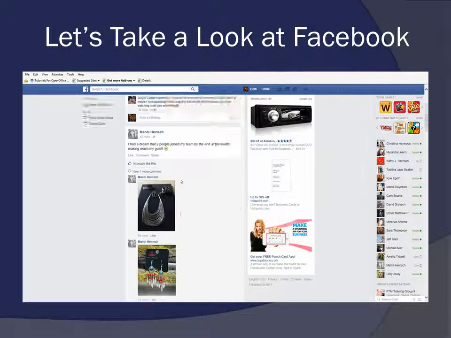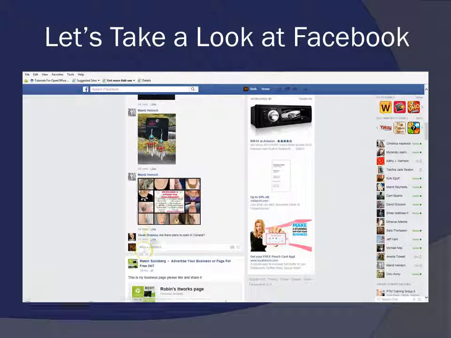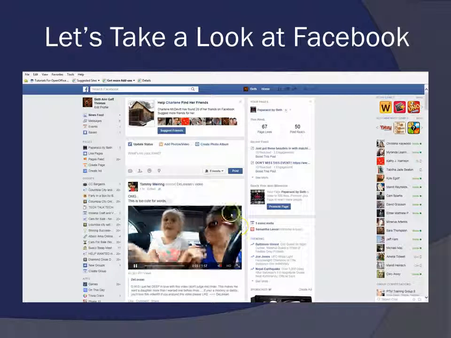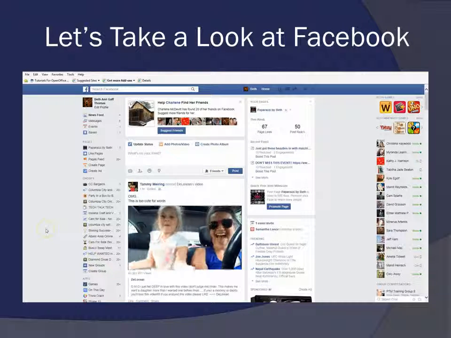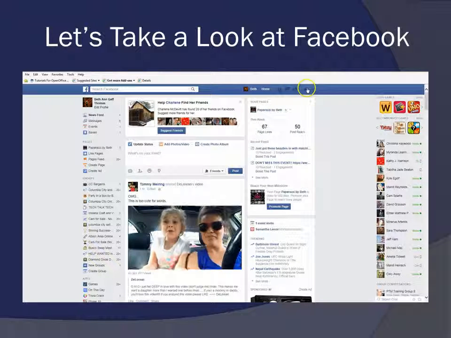So let's say that there's some things I like. Let's say I really like this post that she did, and I can just like it. That lets her know that I was kind of interested in what she had done. So this is a quick 4 minutes of Facebook, and the way that it looks once you get yourself set